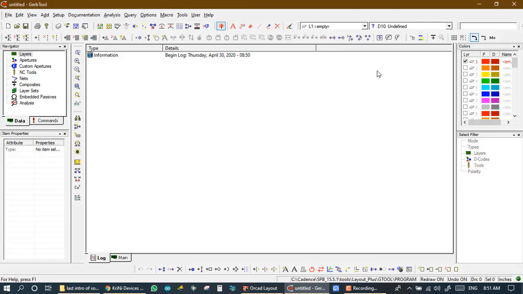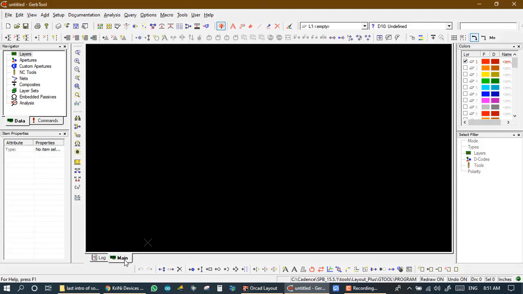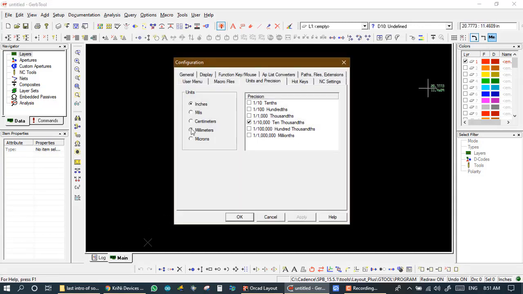So in any production house we work on some unit like inch, miles, centimeter, millimeter and micron. In most production houses we work in miles or millimeter, so we set millimeter. Okay,